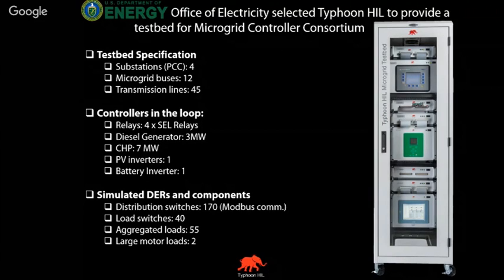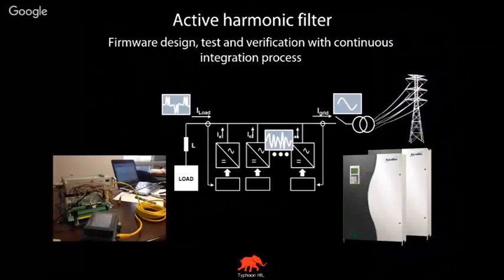So just to describe what was in this particular test bed, these were some of the requirements specified by the US Department of Energy. So this is what was covered with this kind of setup. Of course, all this equipment can scale to very large applications depending on the need. Then active filters, something also that is very close to the protection, to the energy efficiency field. What you can see on the picture is the active filter office of Schneider Electric in Oregon, USA.